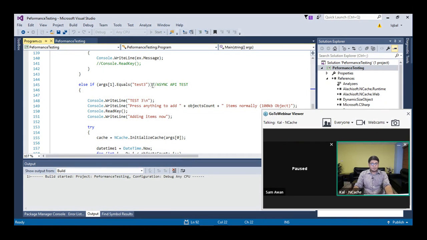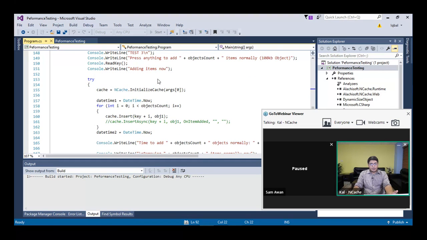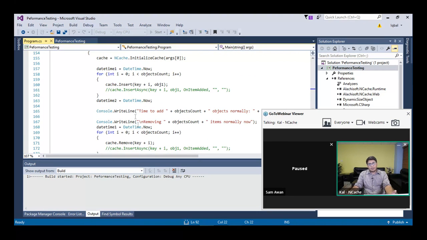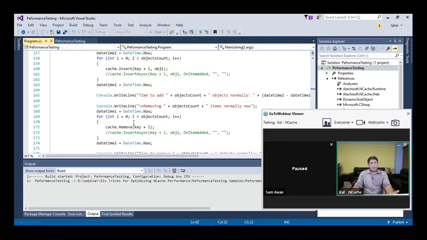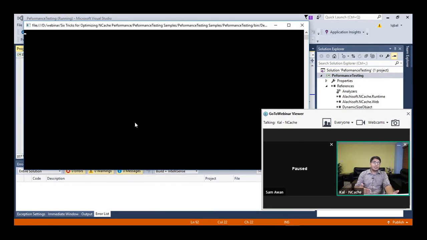Started now. So in the async updates, that's test number 3, what's going on is that it first adds items into the cache using just the basic insert call, and then once it's done adding those items, it removes them again as part of a loop. So each key is removed in a single iteration. I'm going to click on enter.